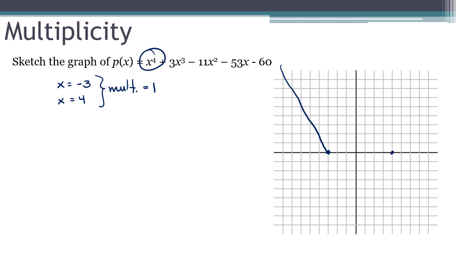Where is the y-intercept of this thing? Well, p of 0 is equal to -60. So the actual y-intercept, if I was drawing this to scale, would be way down here somewhere. But keep in mind that all we're doing is sketching. We're just trying to get the general shape of this thing, and it's going to look something like that. Now, I say something